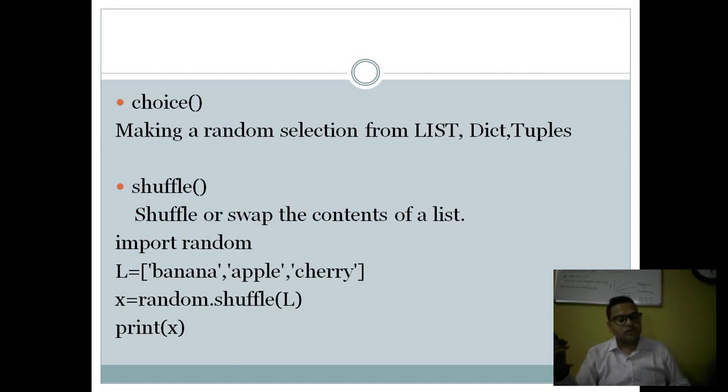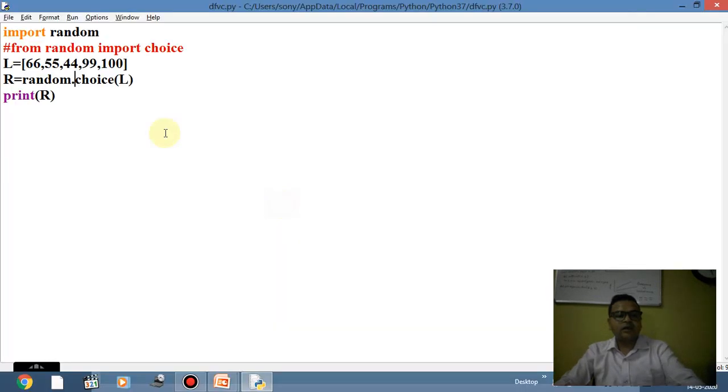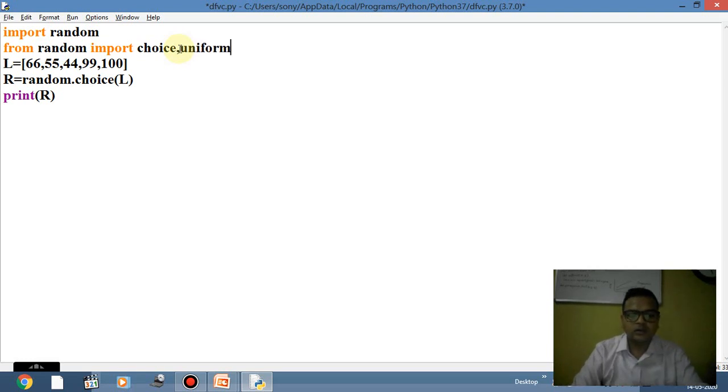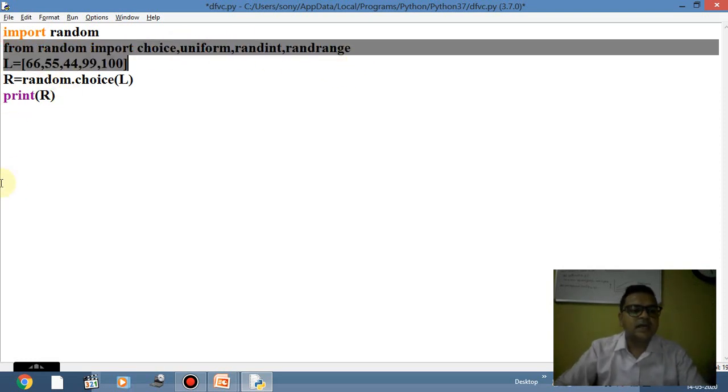If we have to use this one, अगर हम import करना चाहते हैं, तो how we can import? The first one is, suppose that if I have to import the function of the module random, I'll use import random. तो तब हम calling कैसे करेंगे? Module name dot function name. But if I want that instead of importing all the functions of this module random, I can use this method. From random import the specific function name. Multiple functions also we can use, like this one, like this one, like this one. Multiple functions are there, बहुत functions हैं, आपको जो यूज़ कर रहे हैं आप फिर उनको ऐसे इंपोर्ट करेंगे तो only these functions will work inside the program.